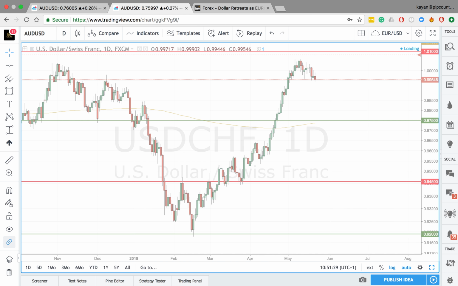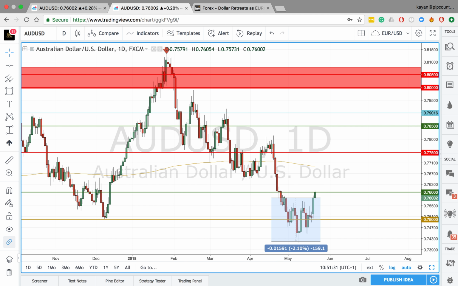Yesterday we had a stronger Aussie dollar, and I must remind you, traders, I did say to you guys the Australian dollar is heavily linked to the Chinese economy. China is Australia's main export partner, so Australia exports most of its goods to China, and with the US and China locked in these trade war threats between the two nations, because America's unhappy with the trade deficit they have with China, if China and the US do have a trade war, of course, this will greatly affect the Chinese